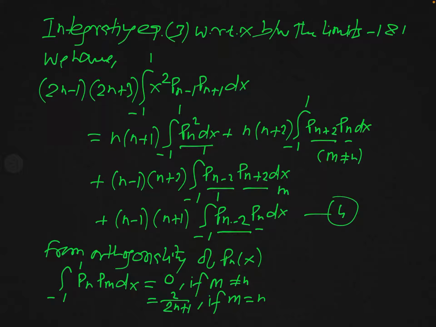So you can see in this term m is not equal to n. In this term also m is not equal to n, and the last term also m is not equal to n. So all the integrals in which m is not equal to n will vanish. Only the first integral in RHS will remain, and that will be evaluated by using this formula 2 over 2n plus 1. So you can see what will be your result. So our result will be